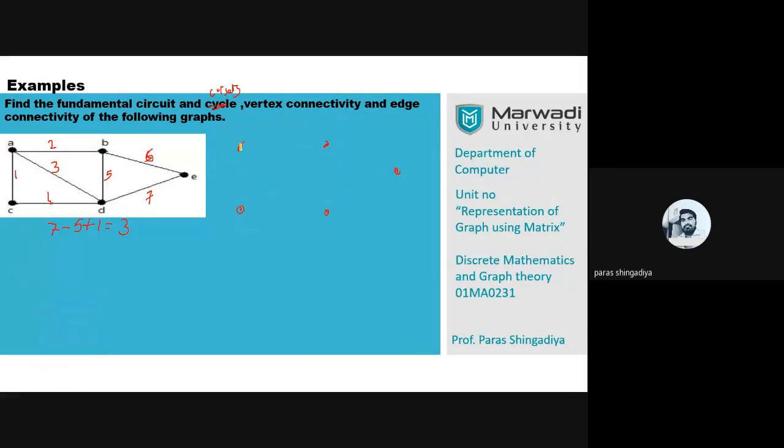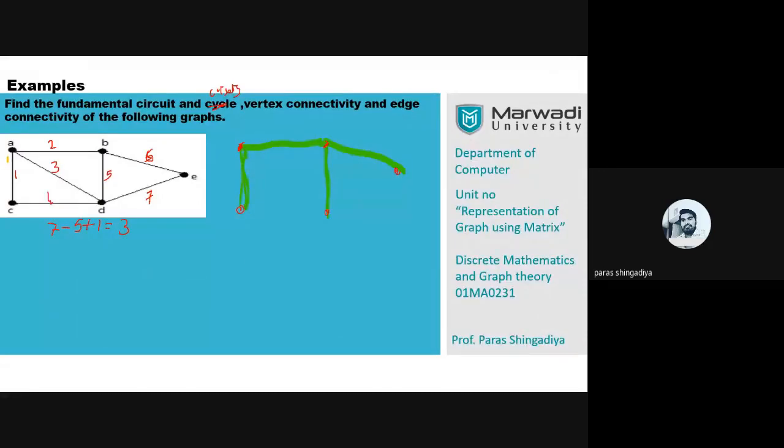I will consider edge number 1 in the spanning tree graph, then number 2, and then let us consider edge number 5. If we consider number 3, it will create one block, so remove it. If we consider the 4th edge, it will also make one circuit, so ignore it, and consider the 6th. And ignore the 7th one, because if we consider it, it will create one block. So this is a spanning tree of this graph. I consider 4 edges in the spanning tree and ignore 3 edges.